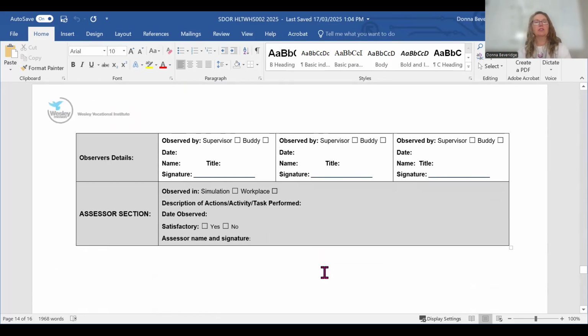The next section is your observer. This is actually in workplace. So if in workplace, it could be a colleague, it could be a buddy, it could be a supervisor. As I said, they're not signing that you're competent. They don't need to read all of the information that you've provided. They can. They might like to know what they're signing off and the information, how it aligns to that unit. But they're acknowledging that while you were doing this unit, you were on work placement or you were employed with